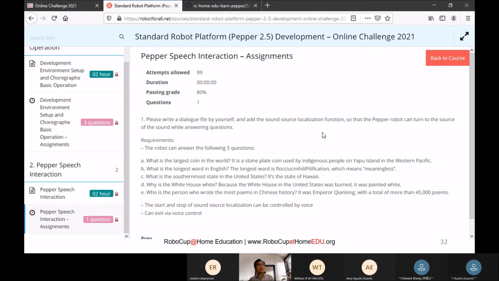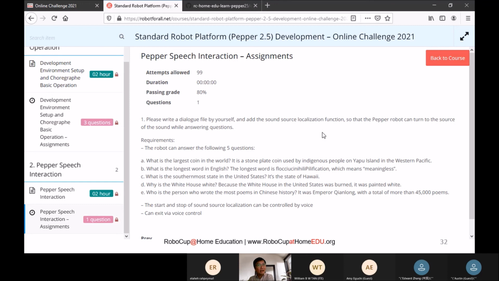Okay, so this is quite challenging, but this assignment, or this development, is very practical, because if you want to develop a Pepper robot to provide some services, especially to answer some questions, for example, you want to put it in a library, classroom or shops or anything, the customers will come from all directions, and they will ask different questions, and sometimes a few might try to talk to Pepper from different directions. So you want Pepper to move around to answer different questions from different persons. Okay, so I think this development is quite useful